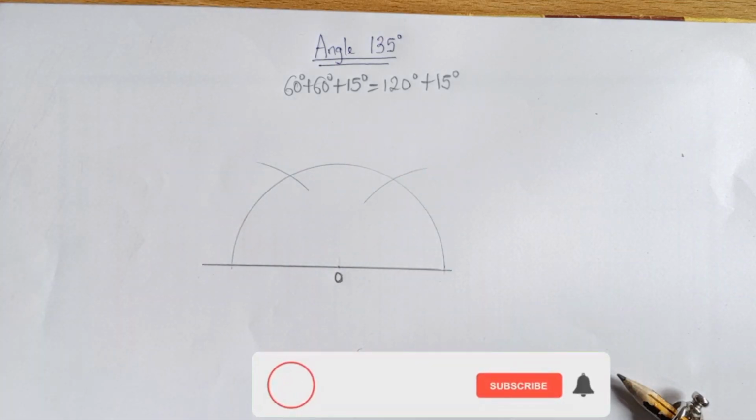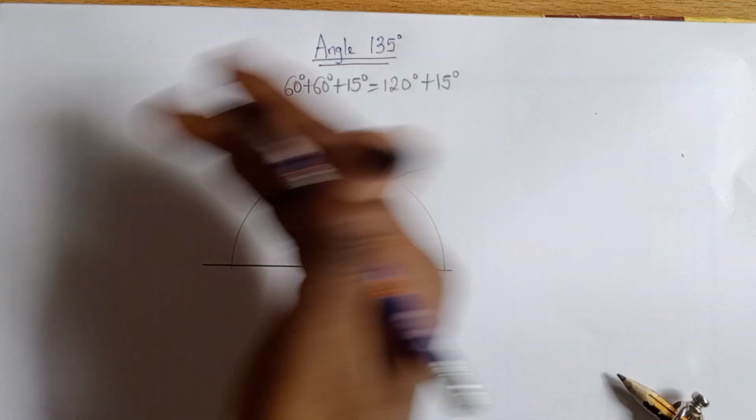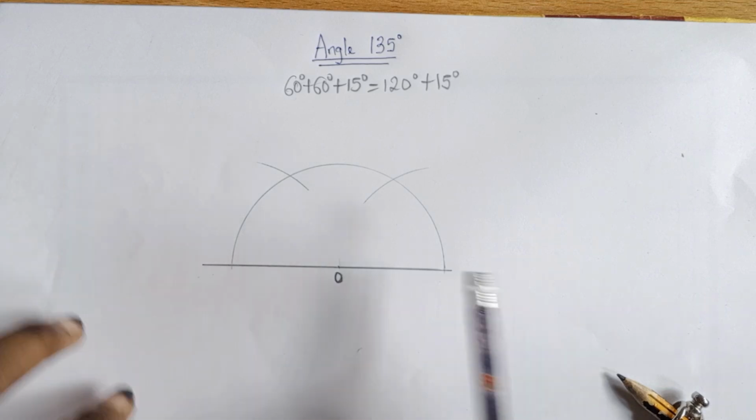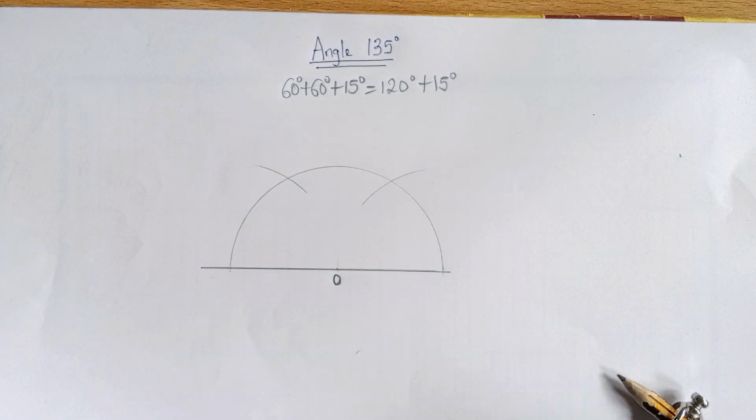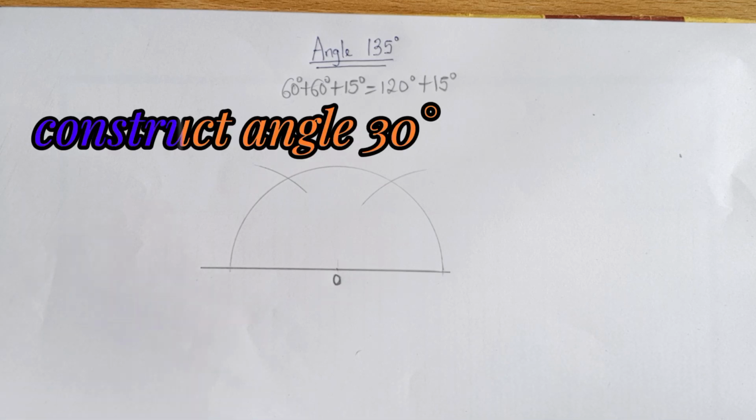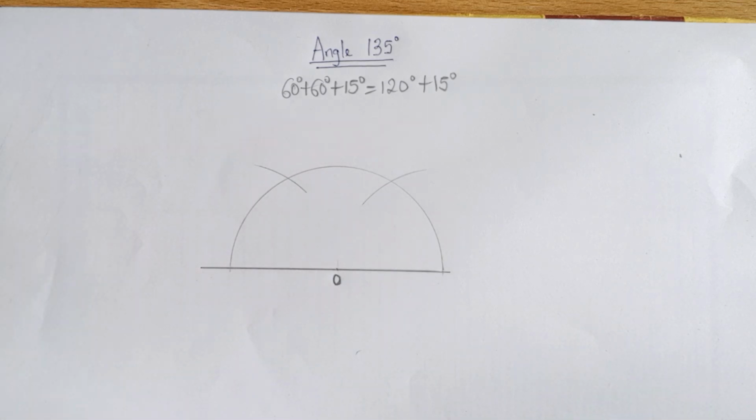Now we only need 60 degrees in 2 places. We want our angle to be going this way, so that means we'll take from here to here as our angle 120 degrees. Now we are going to be constructing our angle 30 degrees, which will later bisect to get